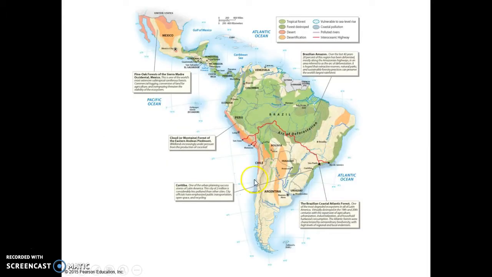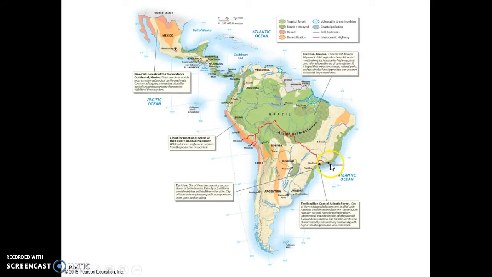This map shows you some of the environmental issues that are happening. Latin America is such a big continent that there's so many different things going on. There's only a sample of some of them. Notice this arc of deforestation. So surrounding the Amazon forest, we see an arc of area that is being logged and cut for different reasons, including agriculture and settlement.